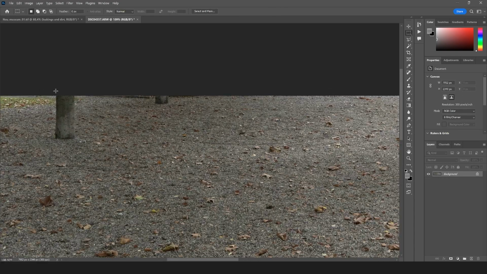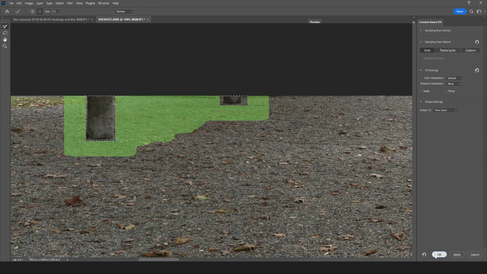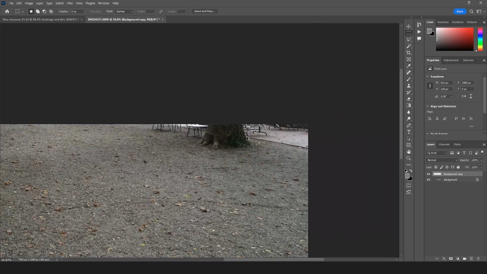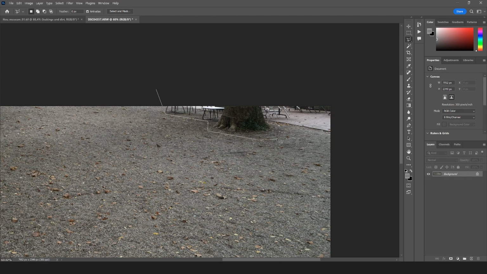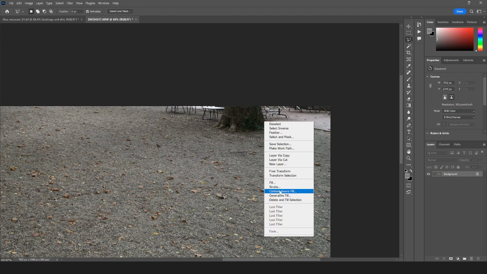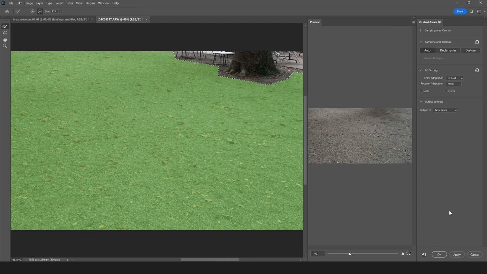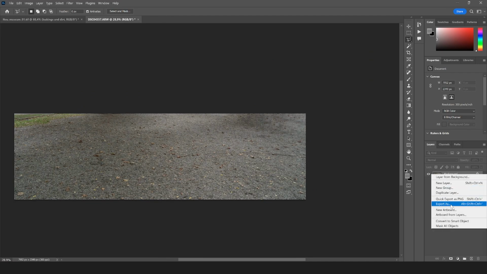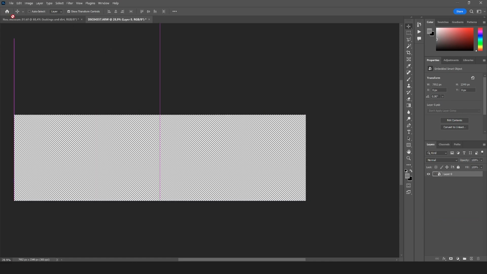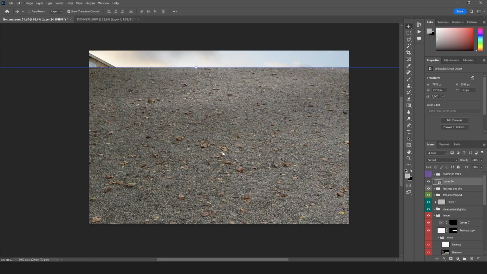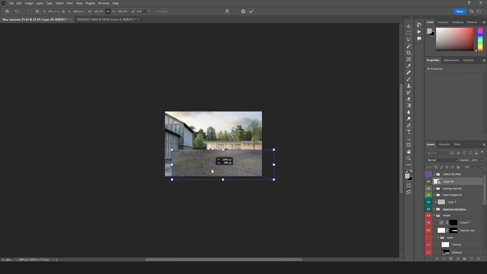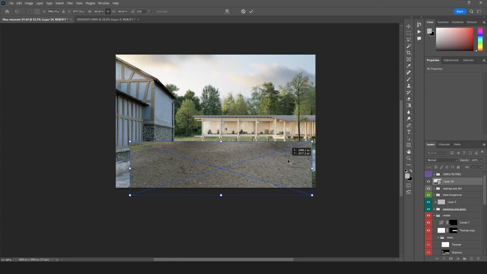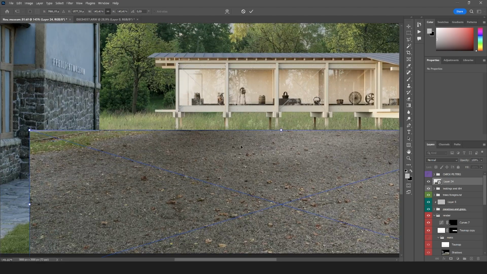So I just want to get rid of those parts here. So I'm going to select them and use a content aware fill, which is really nice to get rid of those parts, and therefore we can enlarge our texture kind of. All right. So let's bring it, convert it into a smart object, and let's bring it into the scene. And I'm gonna use that as an overlay for the gravel pathway here in the background or in the middle ground,